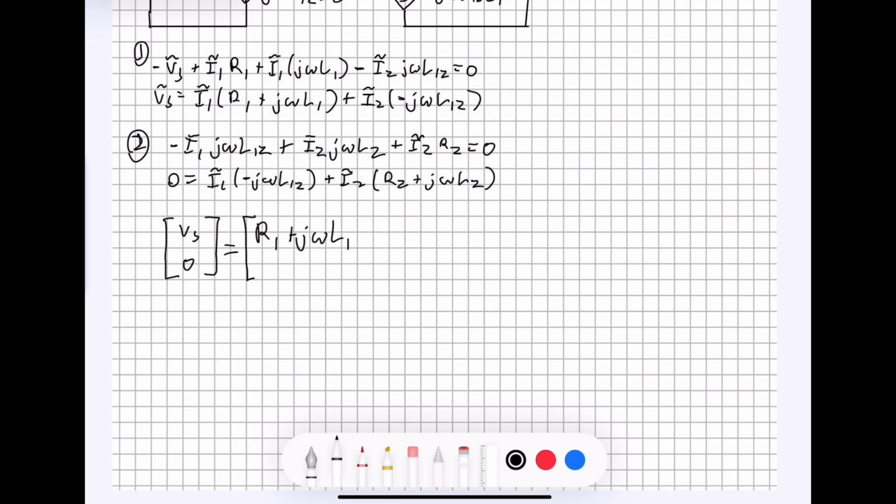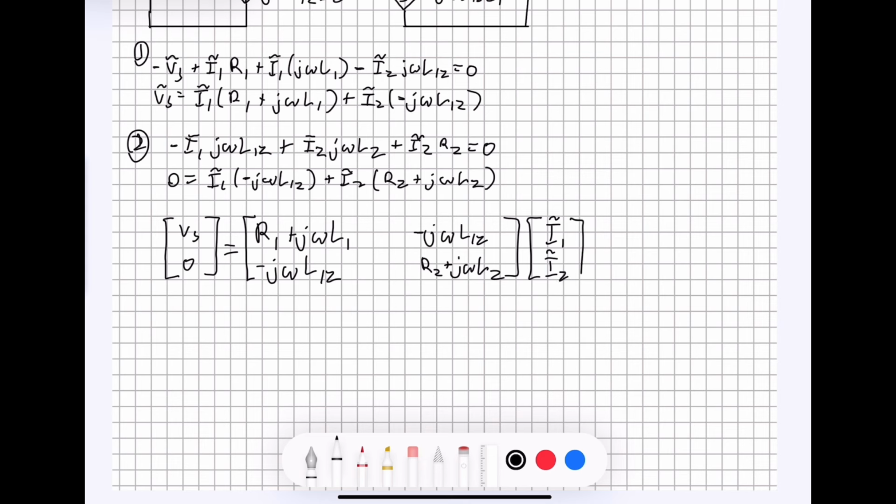R1 plus J omega L1, J omega L1 2, negative J omega L1 2, and R2 plus J omega L2. This whole matrix right here is going to be multiplied by the current matrix, which is just simply I1 tilde